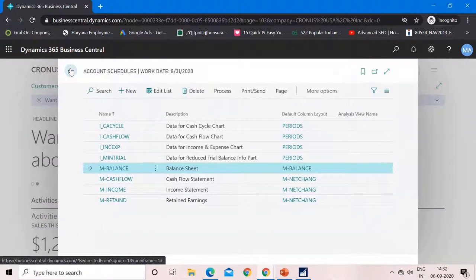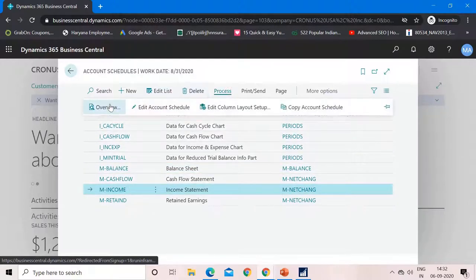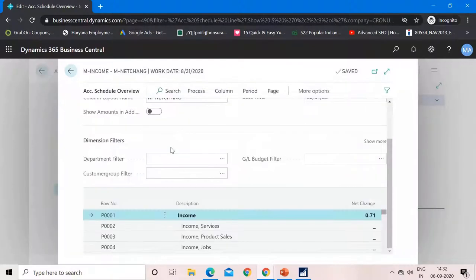But the actual use of additional reporting currency comes from this reporting part, where you can check any report in multiple currencies. Okay, so let me change this, and my amount also changed.